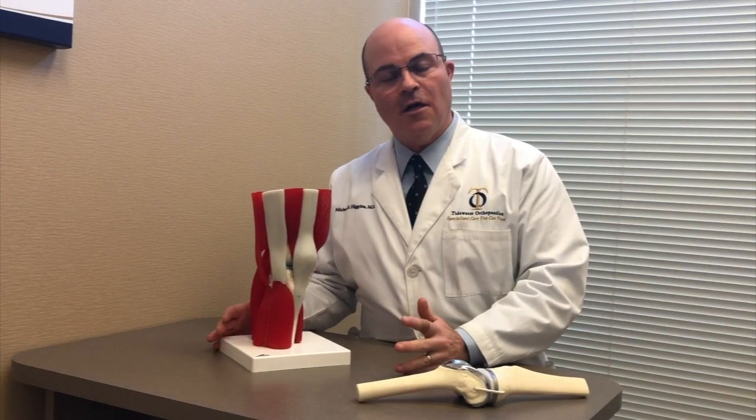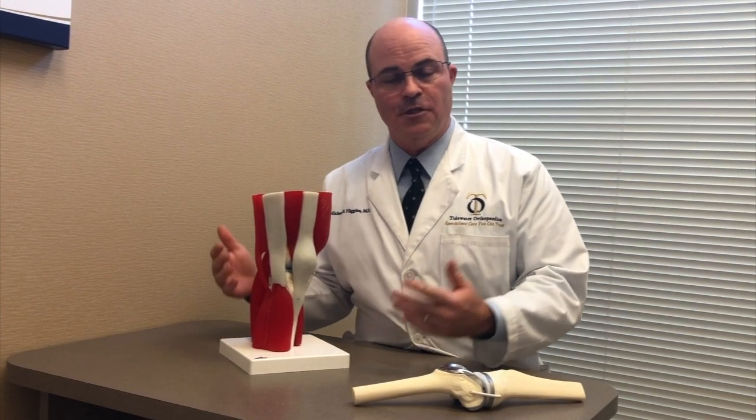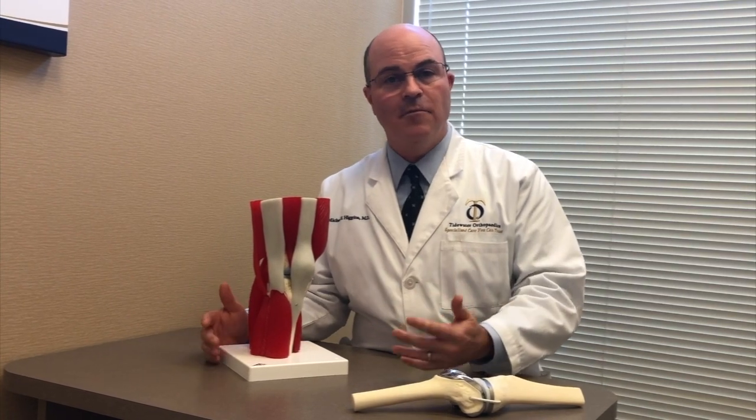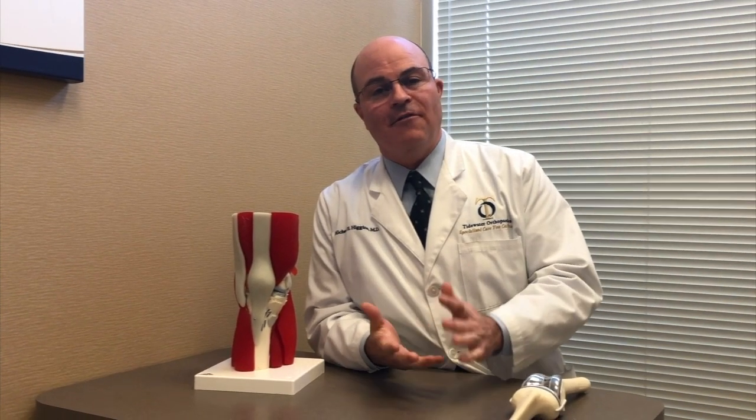A quicker recovery is what everyone wants when they're having a knee replacement, both the surgeon and the patient. What we're trying to do is accomplish the surgery and minimize the amount of time you need to spend in a hospital, spend on a cane, spend in rehab, and get you back on your feet doing the things that you want to do. The ready knee also uses computer navigation and robotics, which is the most precise way of